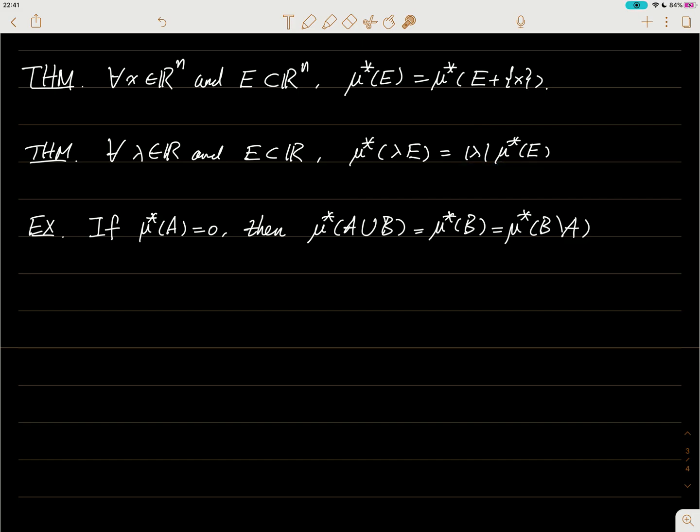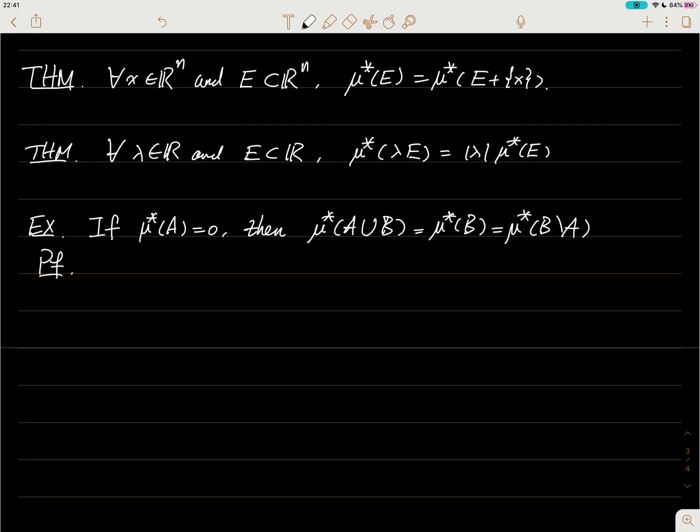Okay, so the last one, I'm going to give you an example to use the property of outer measures. Suppose we have a set A which has outer measure 0, then all these three sets, A union B, B, and B minus A, they all have the same outer measure, which is equal to the outer measure of B. Okay, so to prove this,